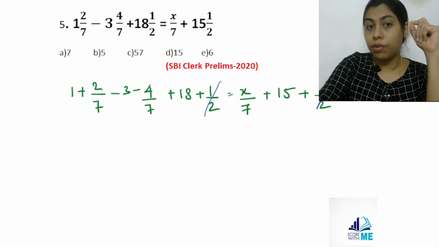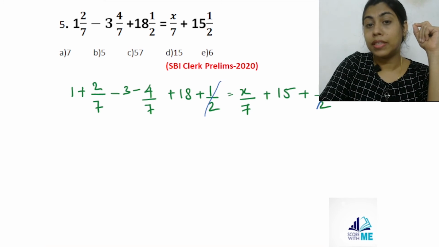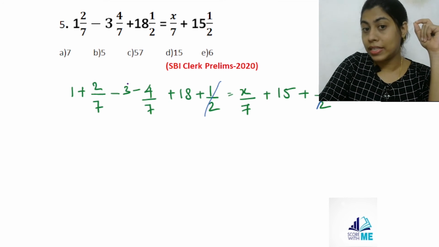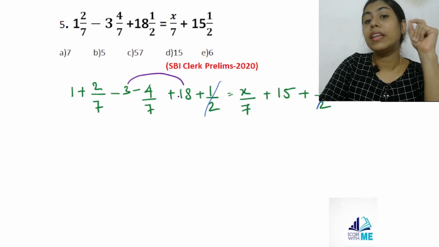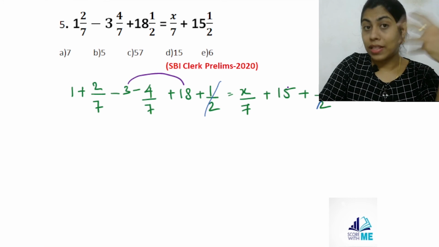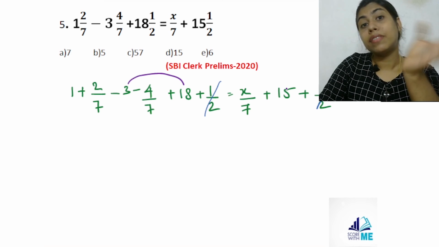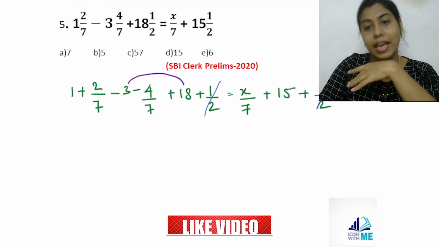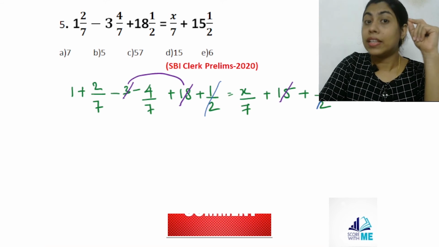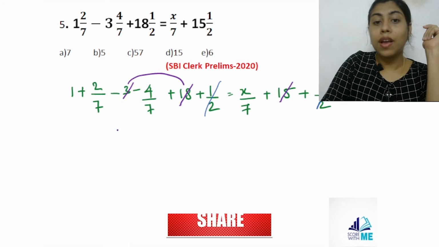So we see that 1 by 2 is common in both the sides, so we cancel them out. Next we see the whole numbers. In the whole numbers, we have got two set of numbers which on adding minus 3 plus 18 will give you 15, and that 15 is present in the right hand side. So rather than changing the numbers from right side to left side, we can cancel it off at a stretch, because the less we write, the faster we can finish the questions. So now what are we left with?